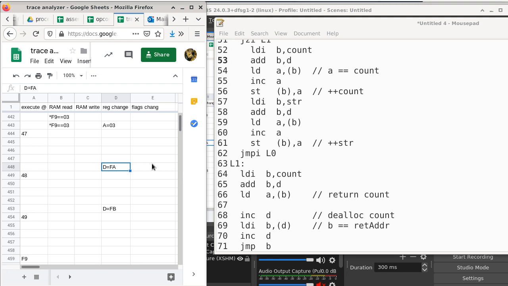That's one of the things that is good about the trace analyzer. The trace analyzer itself is static. I don't have to run the program again. I don't have to single click using Control T. I just need to go back, because what I need to do is to look at the entry point of the subroutine and find out what the stack pointer is at the entry point of the subroutine. So at the entry point of the subroutine, when we push the return address,